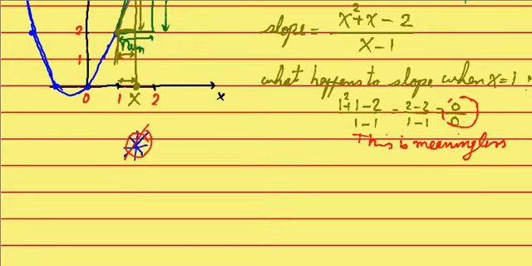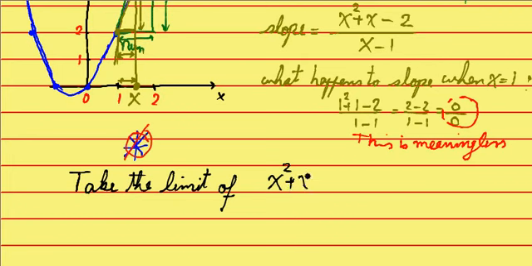Instead we say we are going to take a limit: take the limit of x squared plus x minus 2 over x minus 1 as x